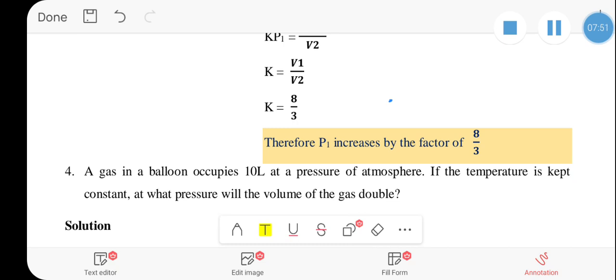P1 የሆነ ቁጥር ቢሆን ቮሊዩሙ ከ8 ወደ 3 የወረደው ፋክተሩ 8/3 ቢሆን ነው ማለት ነው።